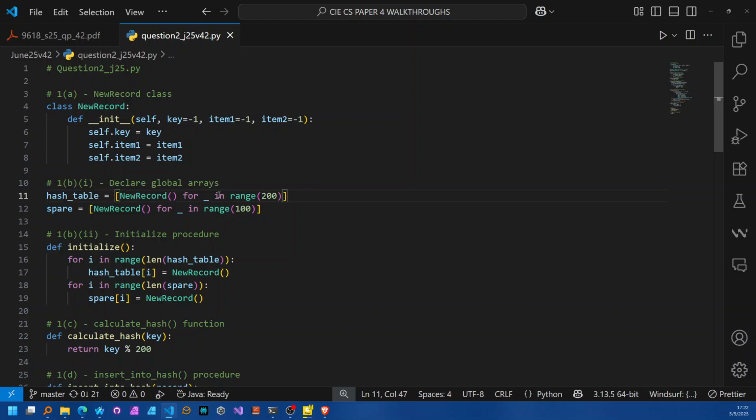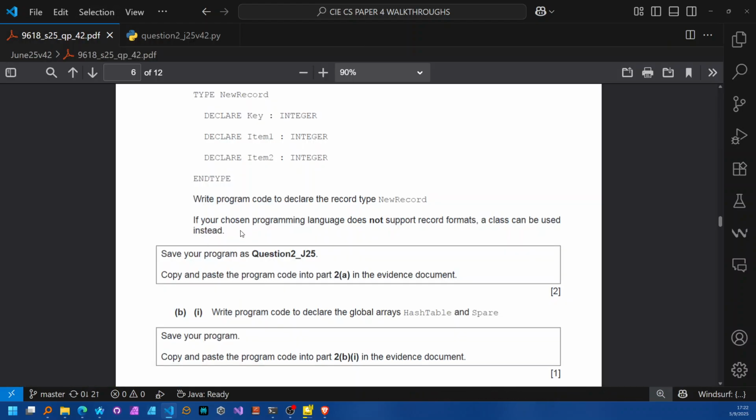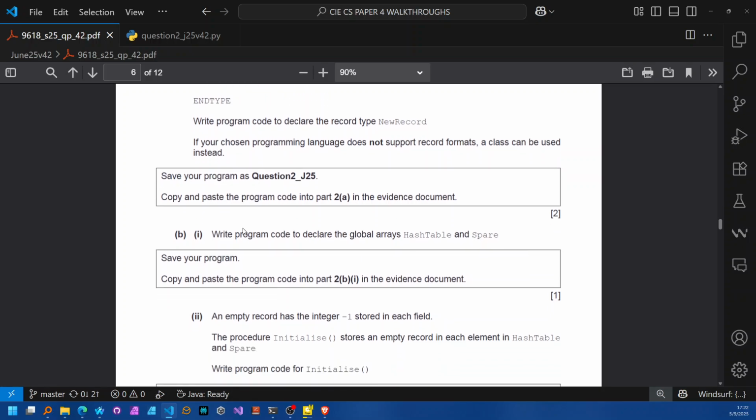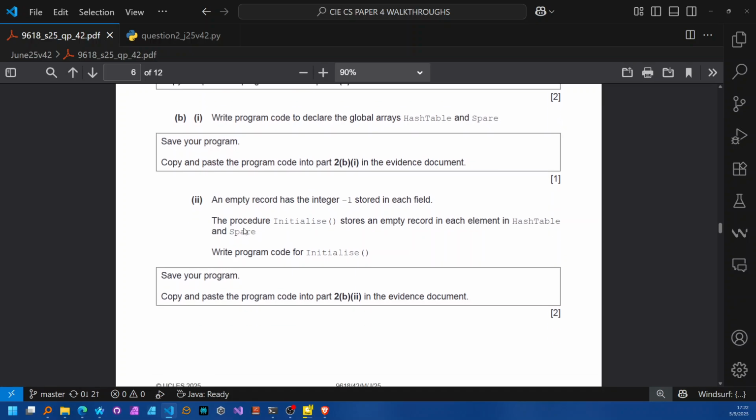So basically this just creates 200 objects of type record, of type new record. Then we are doing the same thing for spare, right there on lines 11 and lines 12, by using the range function, or the for loop with the range function. Then of course you can copy the code and paste it inside of the evidence document. Next up we have B item 2, which requires us to initialize